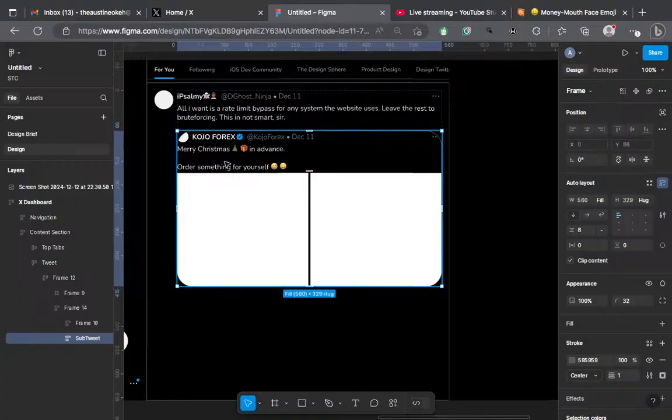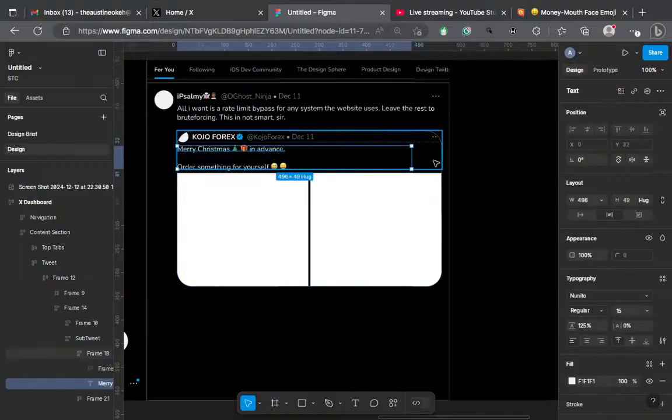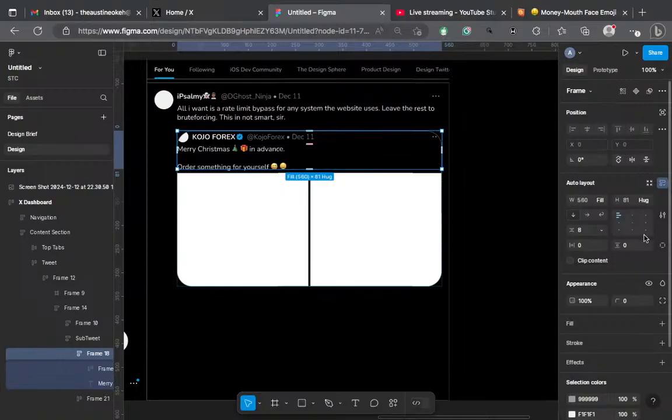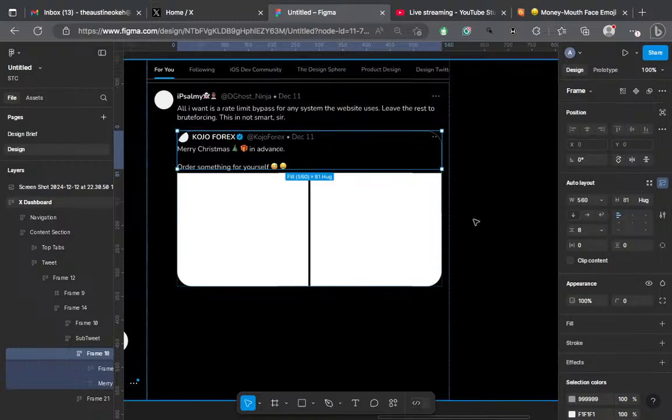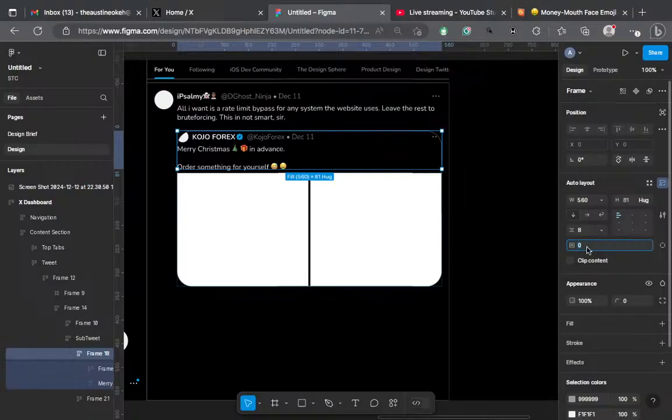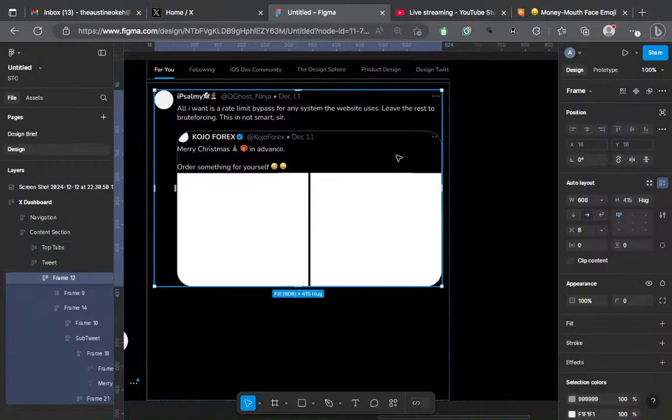So what we're going to do here is just do this. I think we already have this. So we're just going to say we want this to fill container, and we want the padding. I'm just going to hold command. Let me go back. So if I come here,